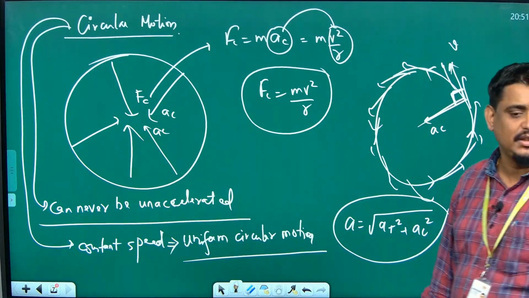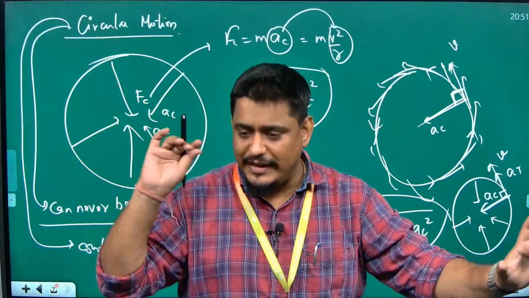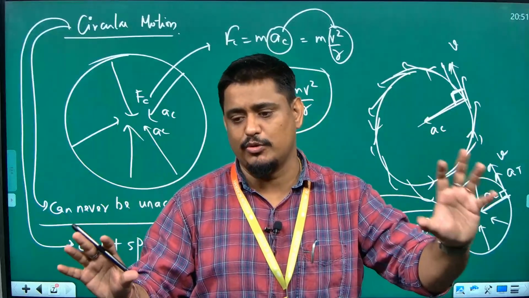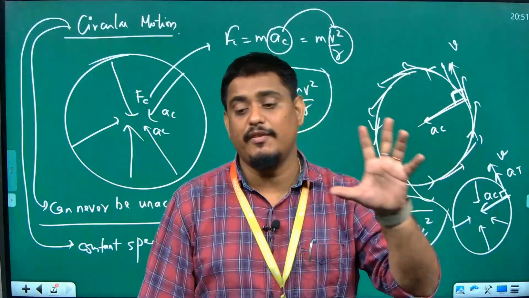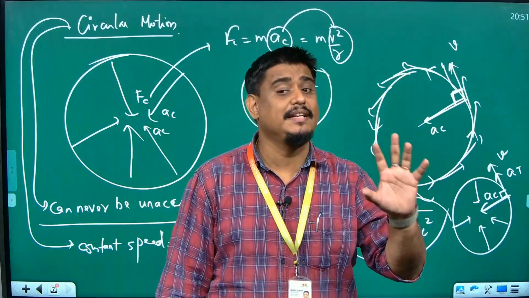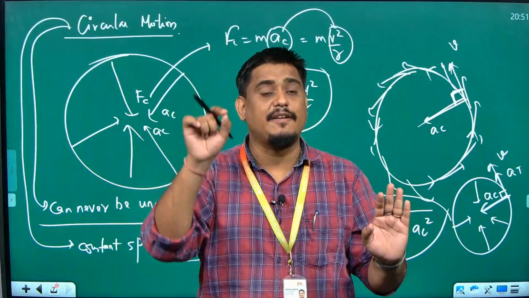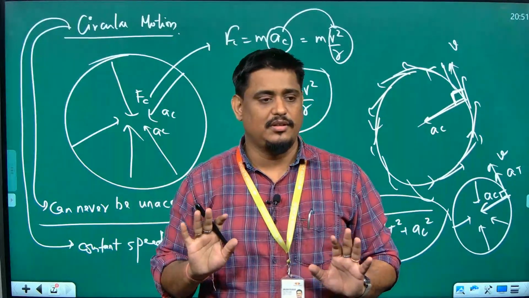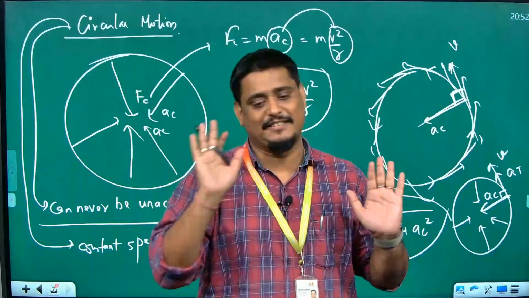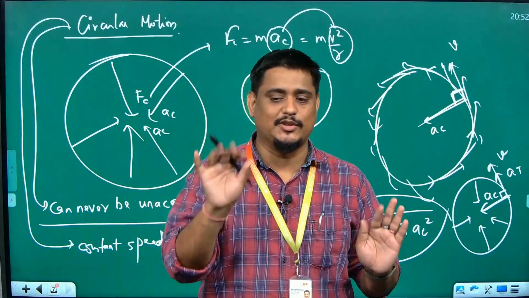If it is a circular motion, there are two possibilities. Uniform circular motion means constant speed. Non-uniform circular motion means variable speed, and direction is already changing in both. If it is a constant speed, which is uniform circular motion, the velocity of the object will be perpendicular to the centripetal acceleration. If it is non-uniform circular motion, in addition to centripetal acceleration, we will have tangential acceleration also. And tangential acceleration will be parallel to velocity and perpendicular to centripetal acceleration. And the net acceleration in this case will be root over AC square plus AT square.